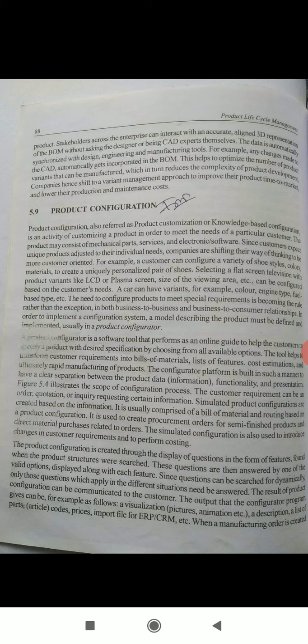The result of the product configuration can be communicated to the customer. The output that the configurator program gives can be, for example, as follows: visualization, pictures, animation, etc., a description, a list of parts, article codes, prices, import file of ERP or CRM, etc. When a manufacturing order is created for a product configuration, internal information about the configuration can be viewed and distributed within the company.